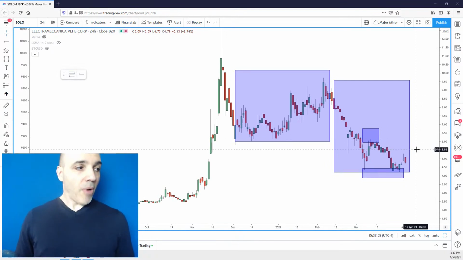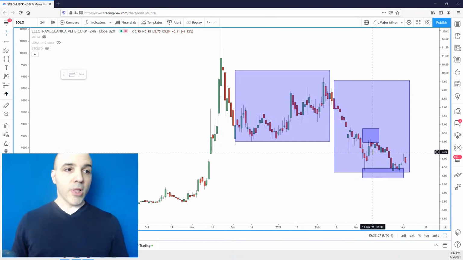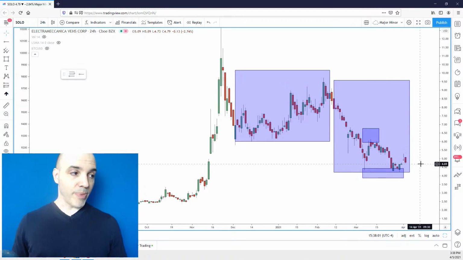Now, at the moment, as long as you're below this 595, it can be argued that the momentum is bearish. Not necessarily the trend, but the momentum. Those are two separate things. So I would be looking for these lows.